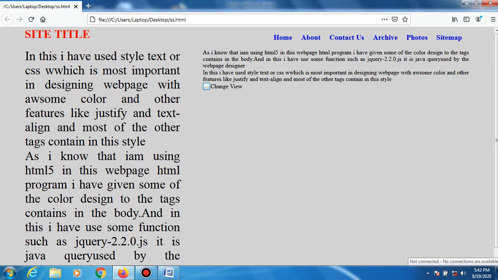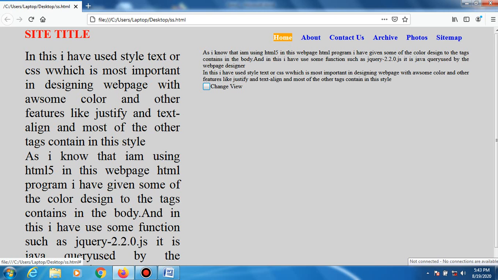In this window, in the web page, you can see a total of 6 links. When you move the cursor on a word, it will change the font's color and background color, right?